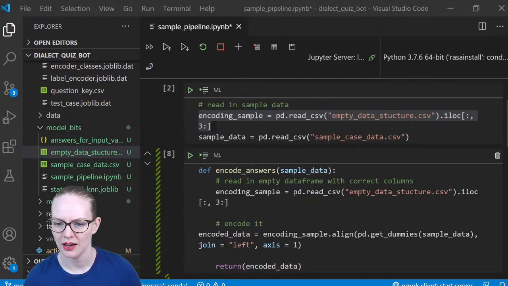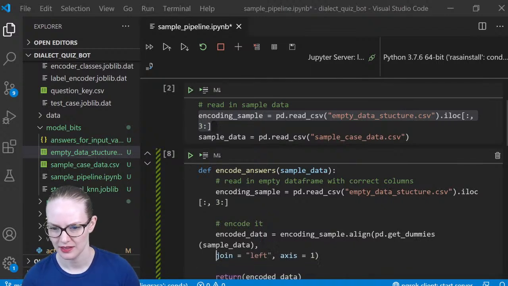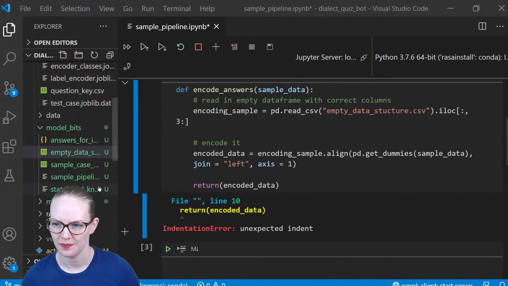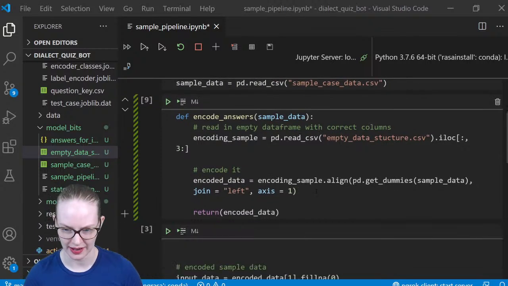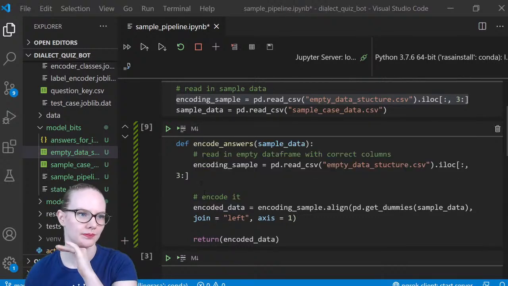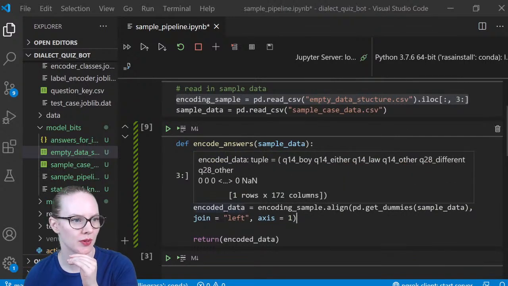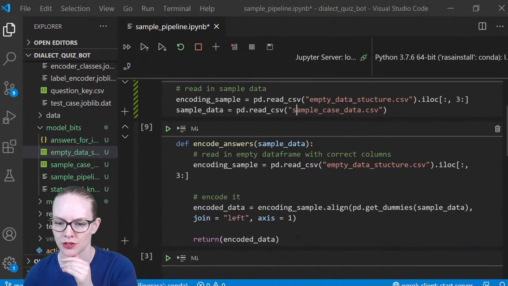Okay. Except you should be indented. All right, there we go. That's much better. Okay, so the unexpected indent was the indent of the rows underneath this encoding sample align function. So now we should be able to